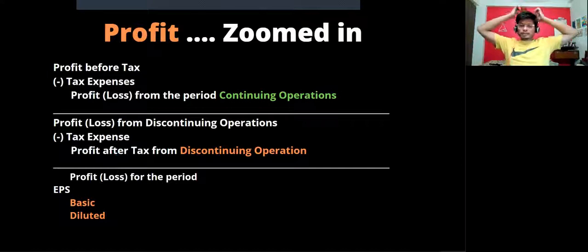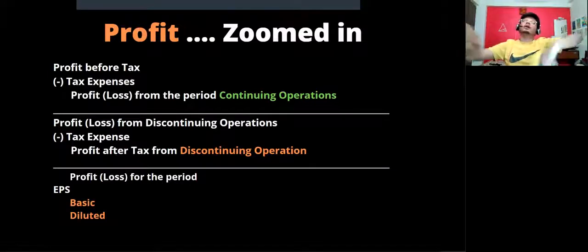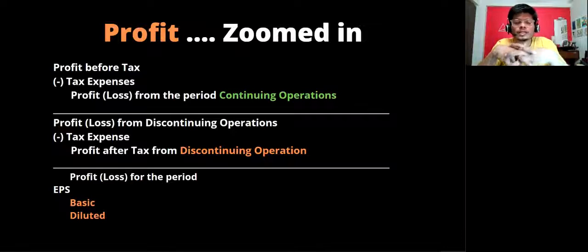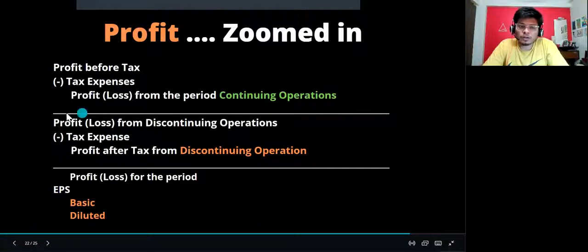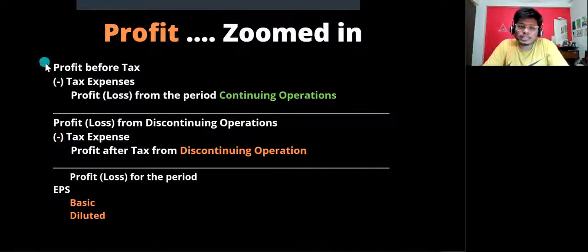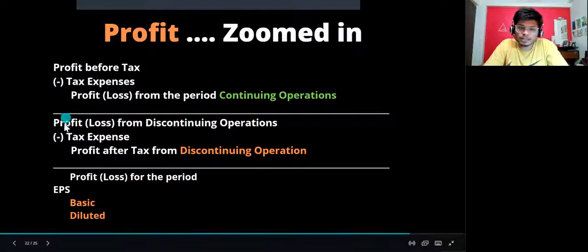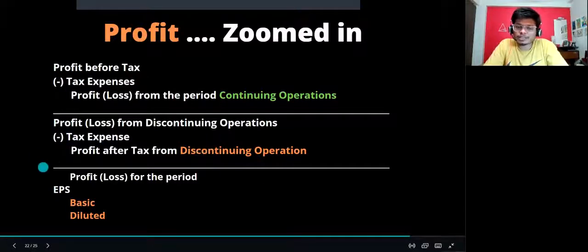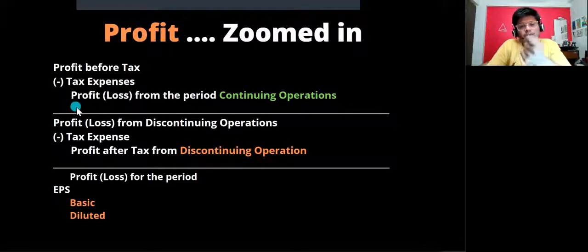So for example, Saregamapa has a loss making publications business. And let's say as a management, I've decided that we are closing it down. So that would be a discontinuing business, and any kind of loss that you're sustaining from that business, this is basically for presentation to the shareholders, that look, these are the businesses that I'm continuing to operate, and from here I have profit, but whatever loss I'm getting is from my discontinuing business. So it just gives the shareholder that extra information that, okay, from the continuing business you're earning sufficiently, right?